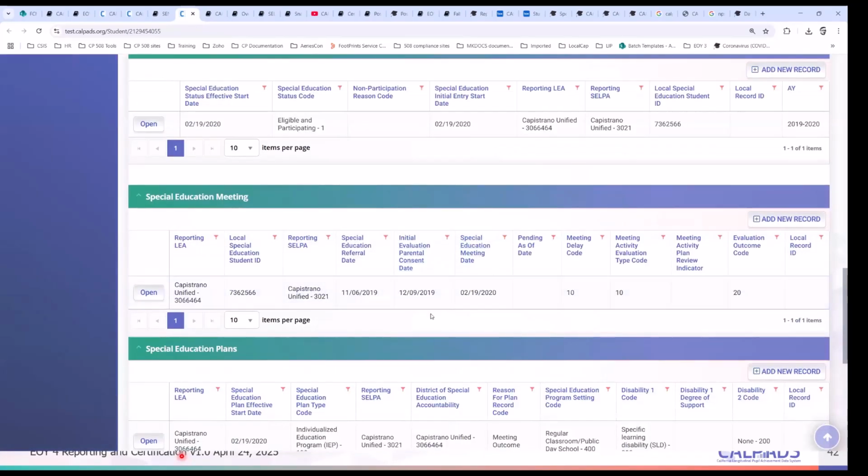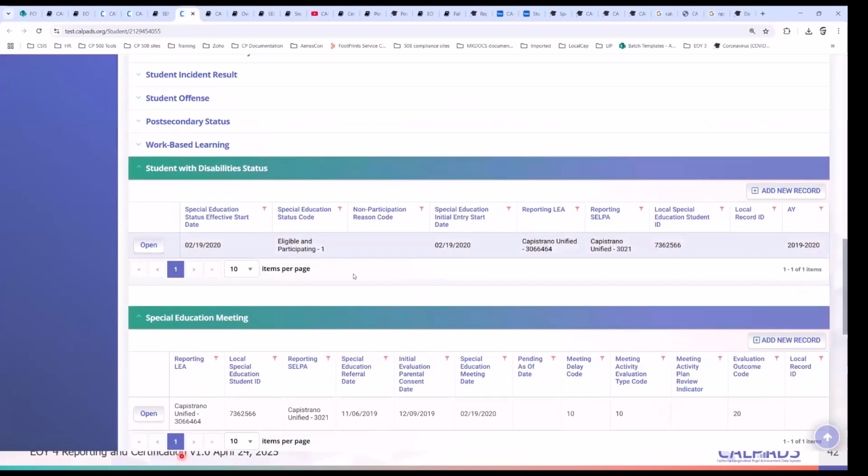They have to submit a meeting record to show the loss of eligibility, that they met and the student lost eligibility. And then they also have to put a new status here saying the student is no longer eligible, or the student is eligible but refused to participate at the end of the year. Okay.